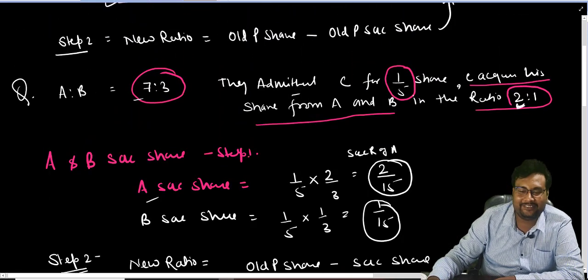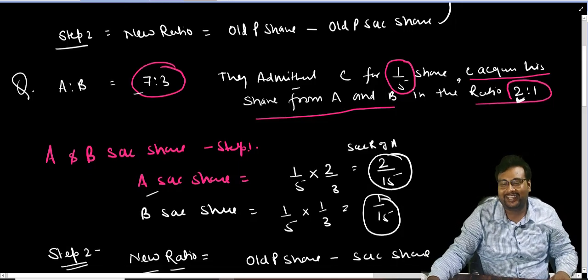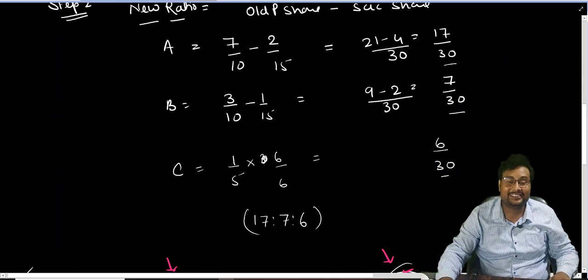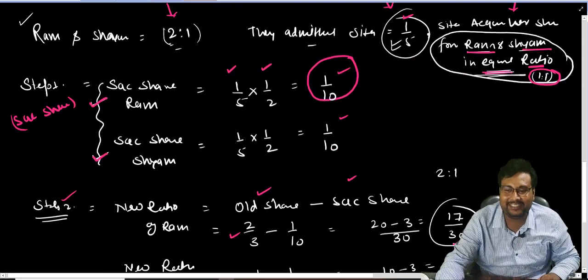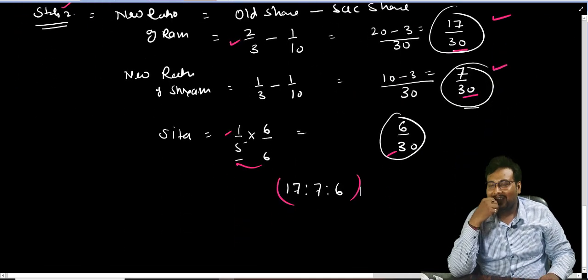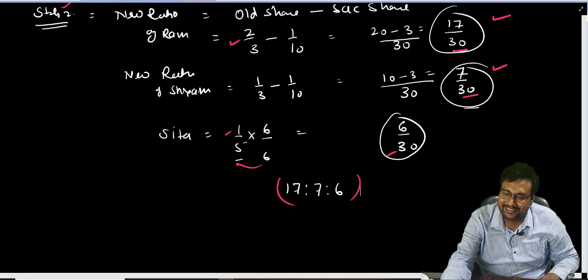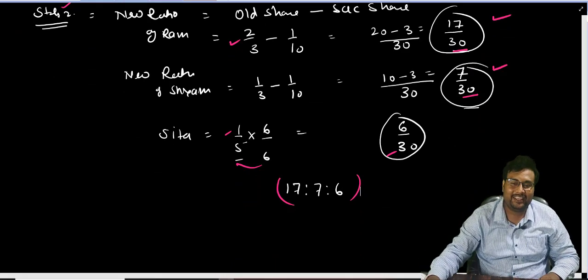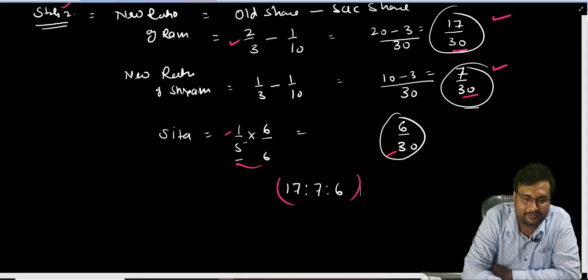That is a coincidence that one question we solve in a different ratio and different question, and the answer is coming 17:7:6. And similarly, when we change the ratio, again the answer is coming 17:7:6. But it is only a coincidence. It will not happen in each and every question. So we will proceed to case number 3.